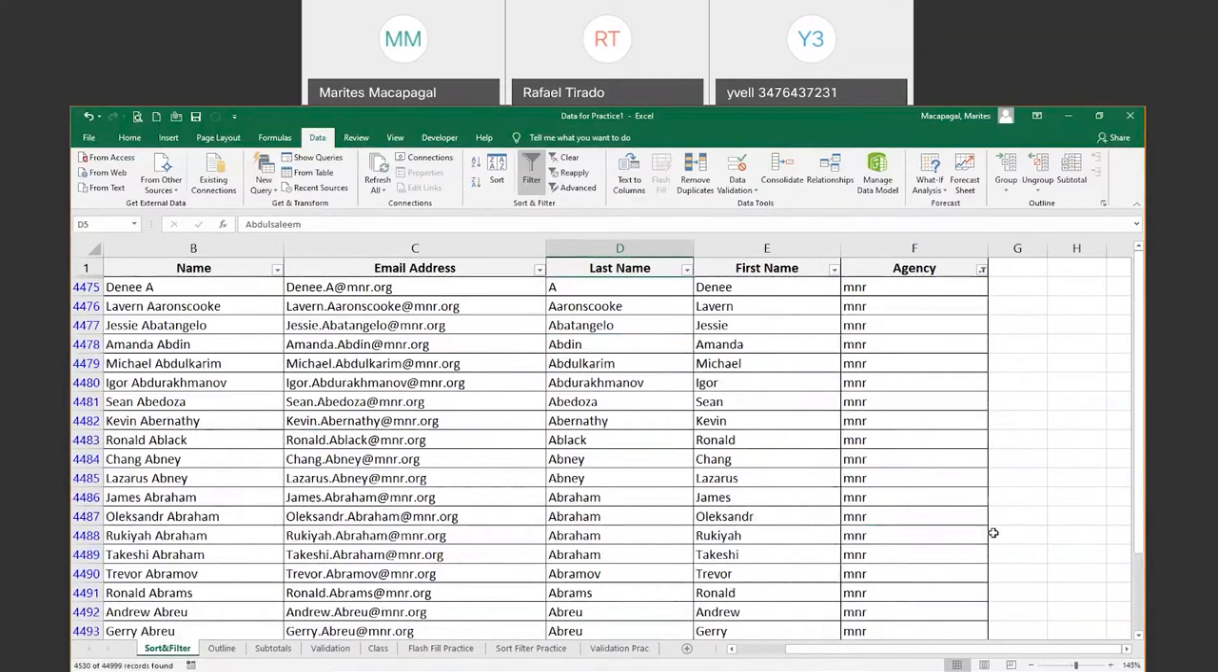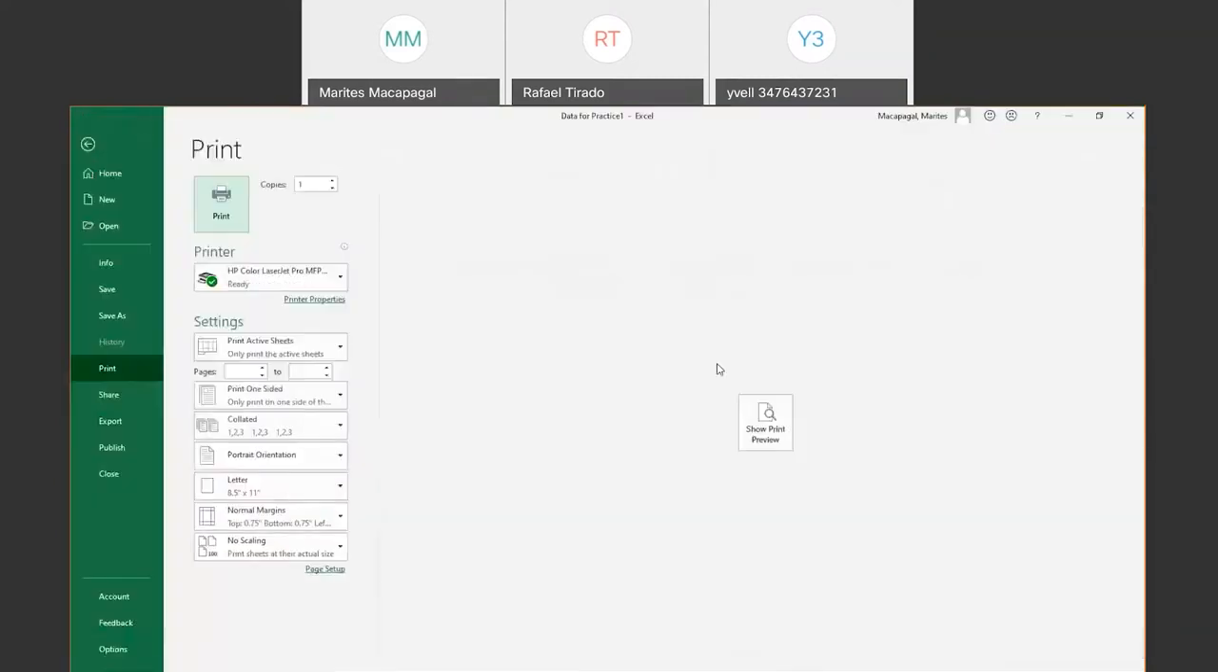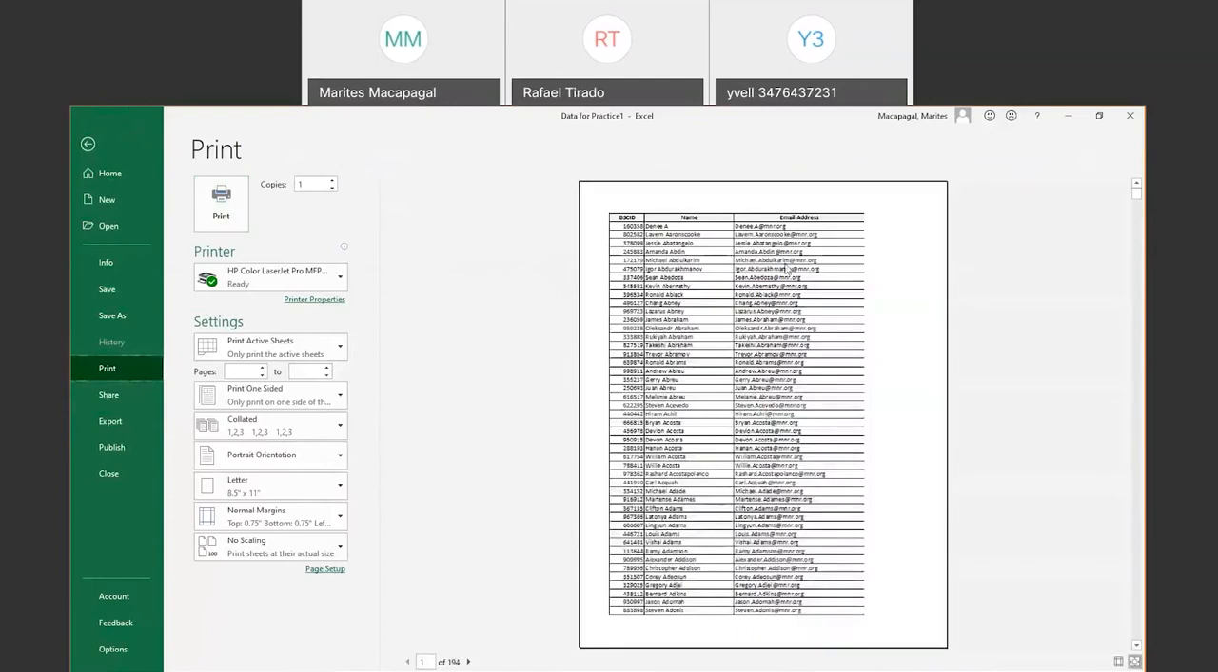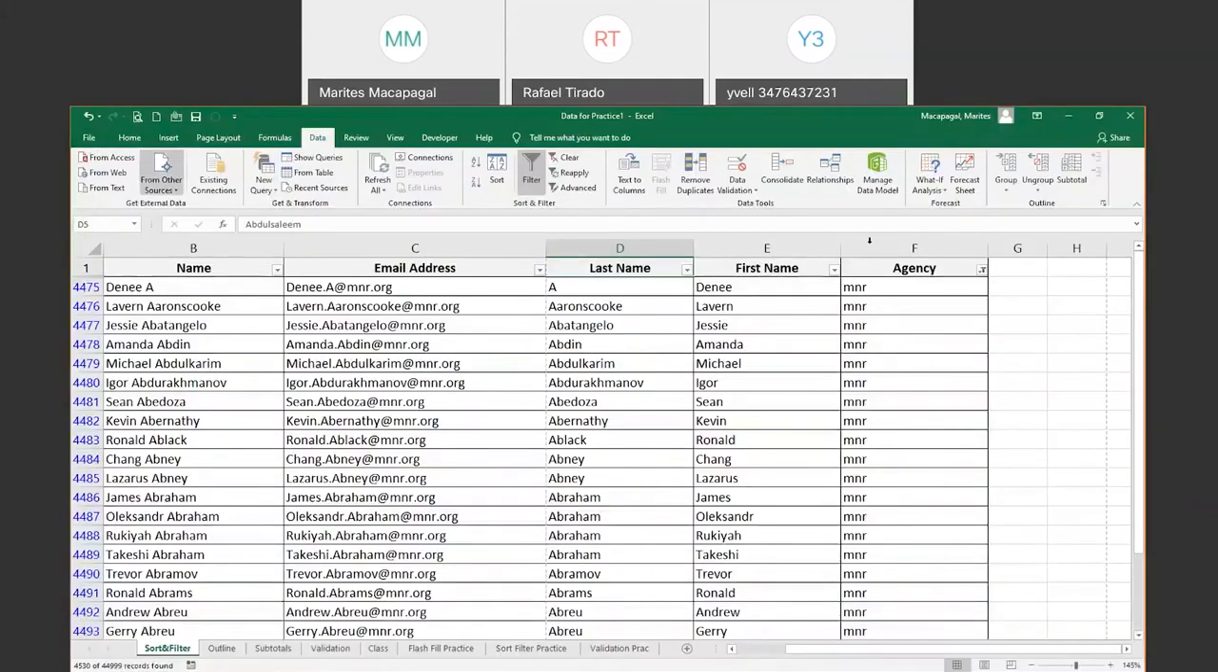Then you might ask me, when I print, can I print just this? Yes, because when I do the print preview and take a look at them, what do you see? All Metro North organization. Okay, so there are multiple pages, but that's at least what we have right there. Now, what if I have multiple conditions? Aside from